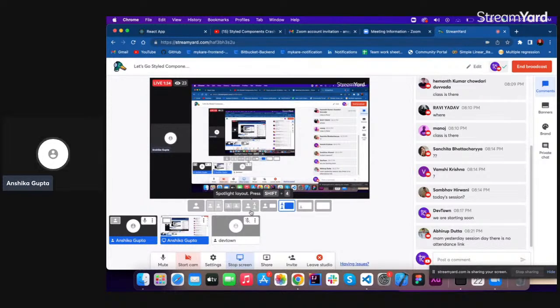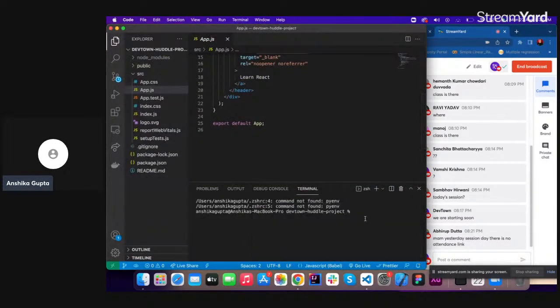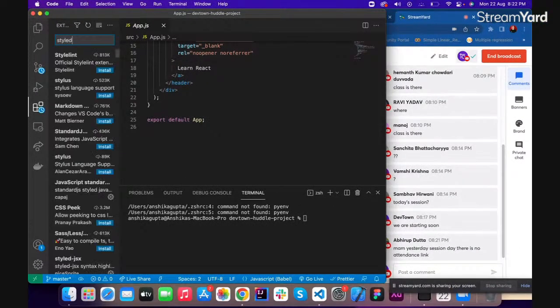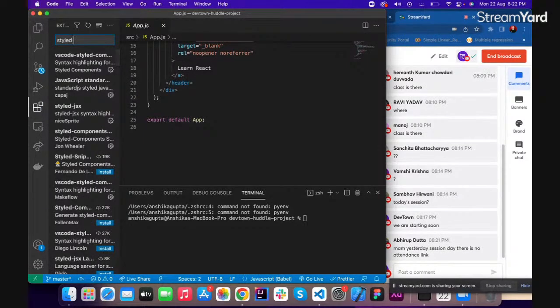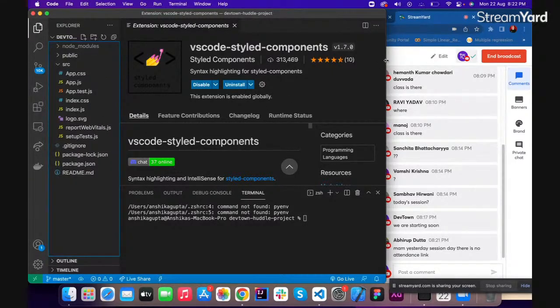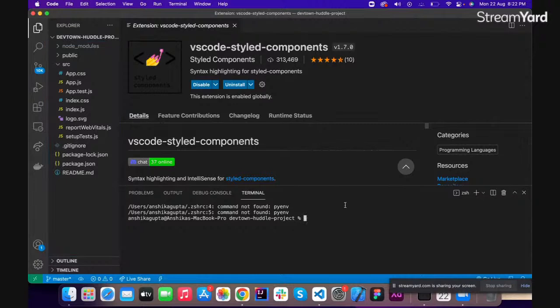So let's start. Open your Visual Studio. Add styled-components in that: npm install styled-components, and also in the project you can add the styled-components extension in VS Code. You can install this. And after that, if we run this with npm start,